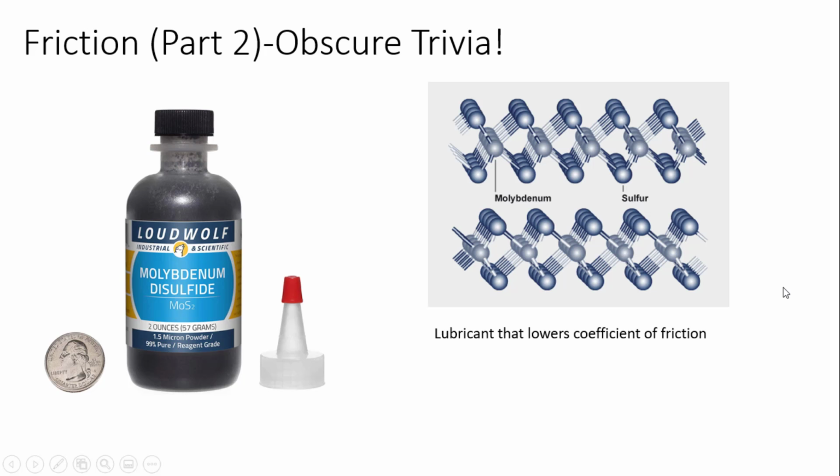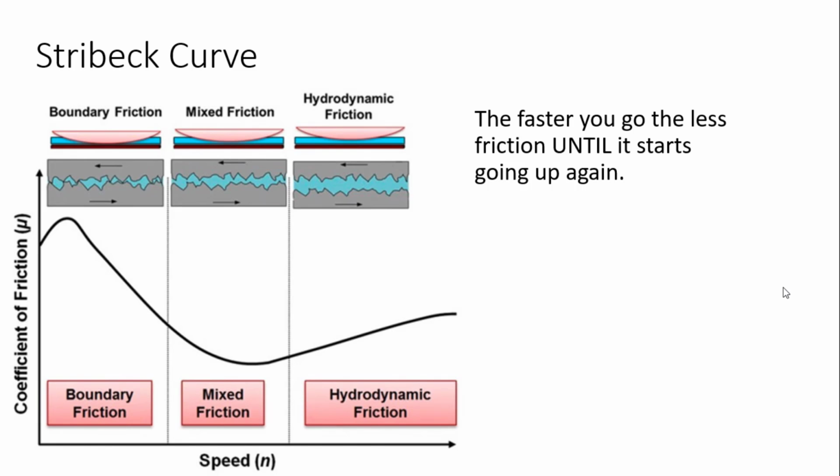Today we're going to talk about friction again, but we're going to talk about more obscure trivia. For instance, molybdenum disulfide is used as a lubricant. In fact, when it's dry, it has the lowest coefficient of friction of any known dry material. Now, if we're talking wet materials, liquids that we can put between surfaces, they follow something called the Stribeck curve,